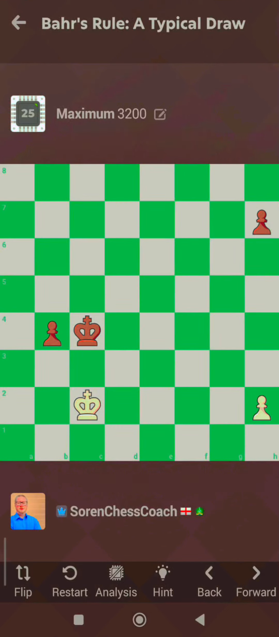The third installment dedicated to the Bahr's rule in our series. We're looking into this and trying to make it as clear as possible. White to play and draw. Now, the elements of the Bahr's rule, the Bahr system, to understand this, we have two pawns on